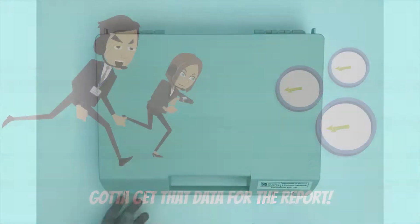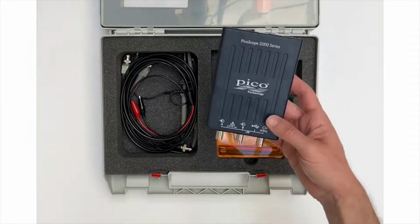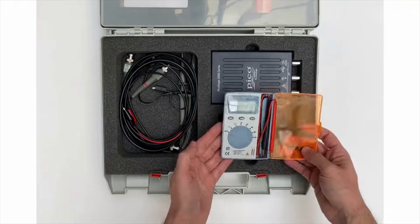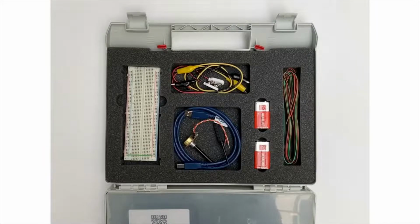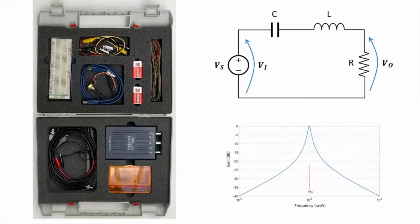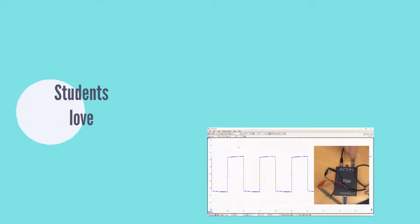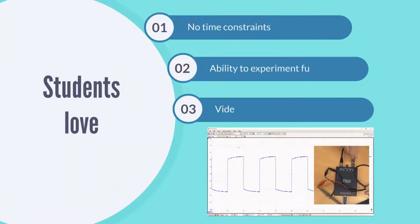problem yet further. To address these issues, at the University of Bristol, we introduced loanable home lab kits in 2015. These featured instrumentation that enabled students to carry out many first-year practical experiments at home. Students really loved these. The removal of time constraints, the provision of many electrical components that were made freely available to them to put together their own experiments, and the training videos that made starting out straightforward created a fantastic